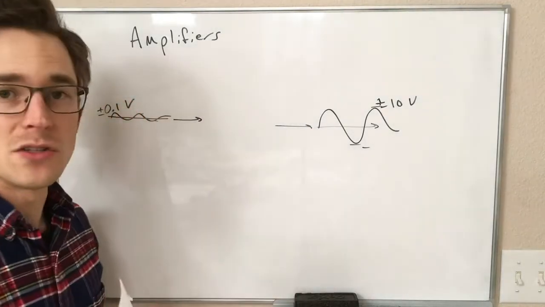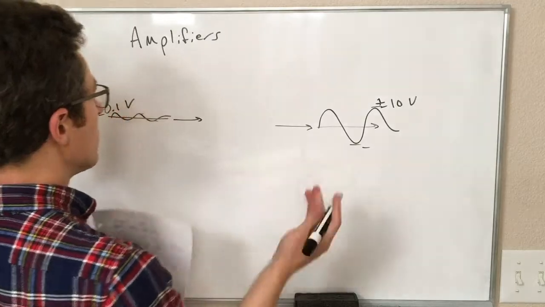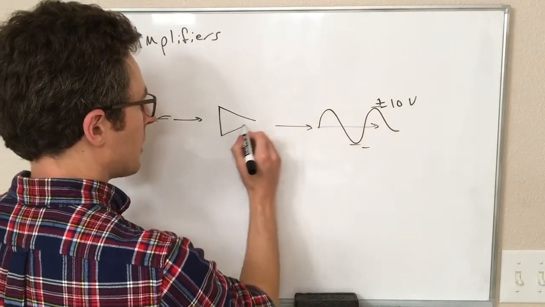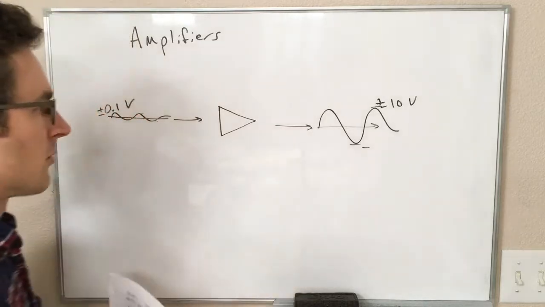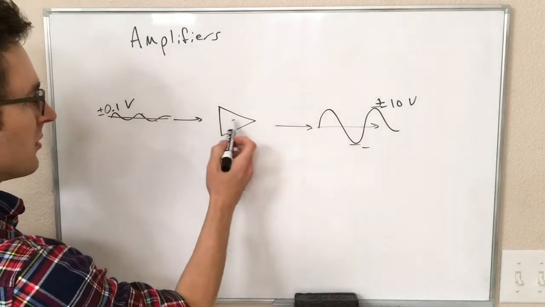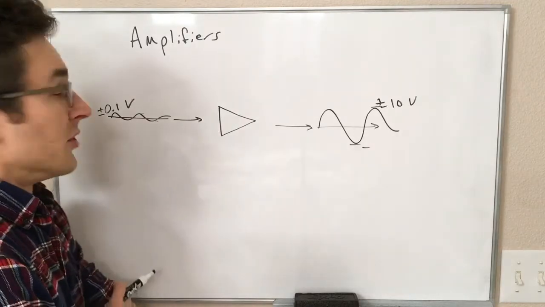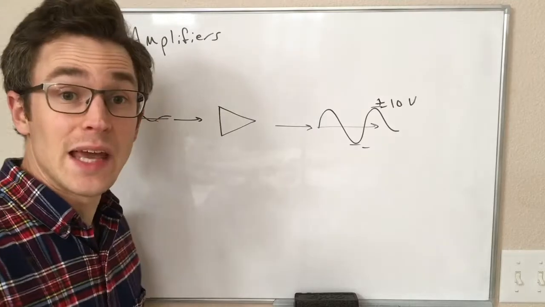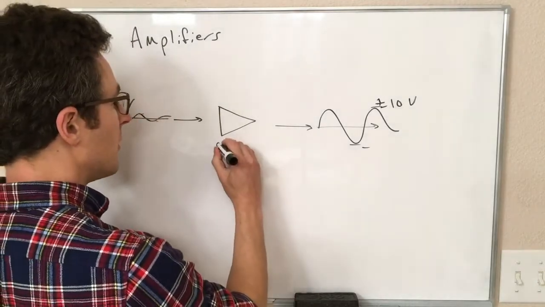Well, we put it into an amplifier. So the generic symbol for an amplifier is an empty triangle pointing to the right. And depending on what type of amplifier, there might be different symbols to put in here. But the most important amplifier parameter to start with is the gain of the amplifier. So we've already talked about